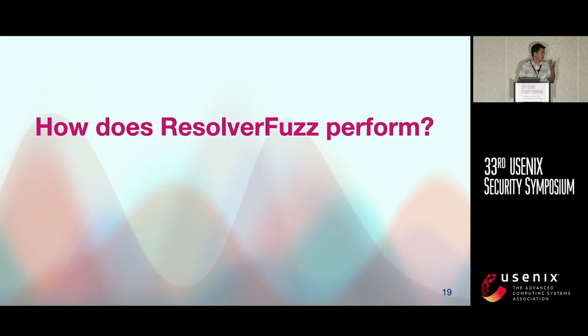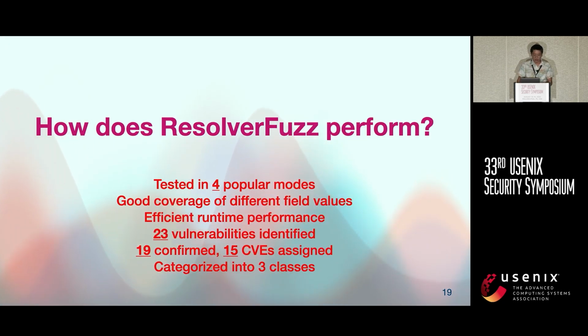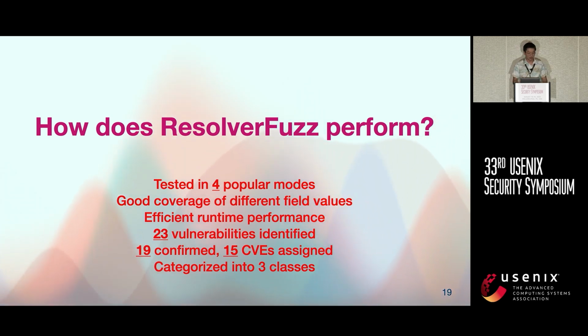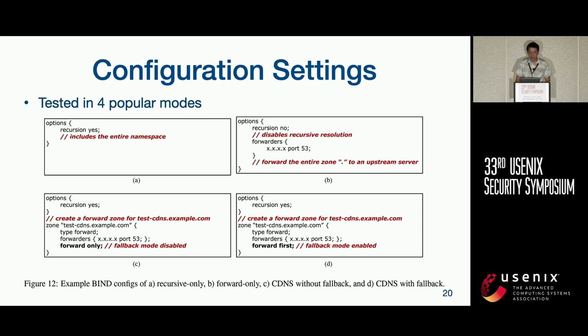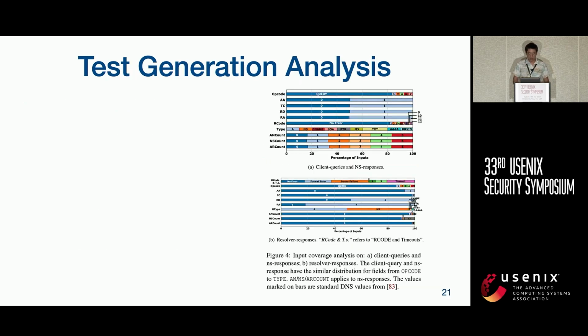After that, we evaluate ResolverFuzz. In total, we test ResolverFuzz in 4 popular modes. It shows a good coverage of different fields and values. It is efficient in runtime. And we found 23 vulnerabilities, with 19 confirmed, 15 CVEs assigned, categorized into 3 classes. These are the 4 modes we test: resolver-only mode, forwarder-only mode, and a mixture of those 2 modes. We also test,